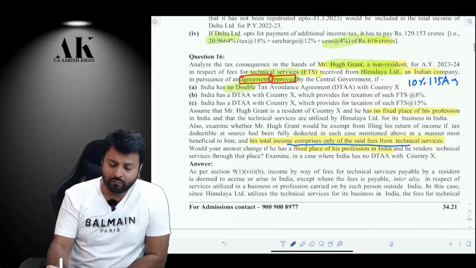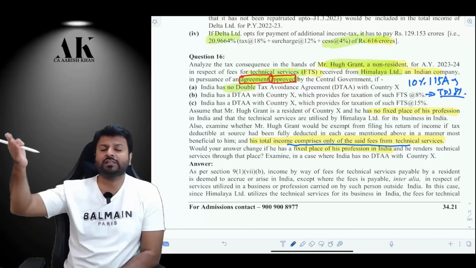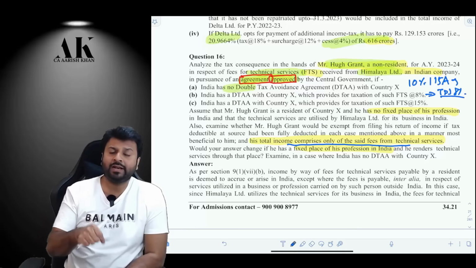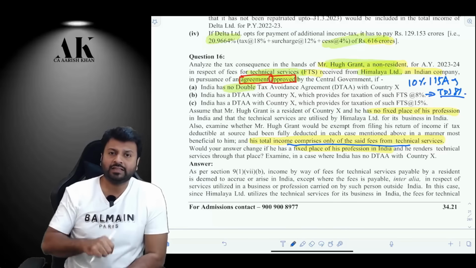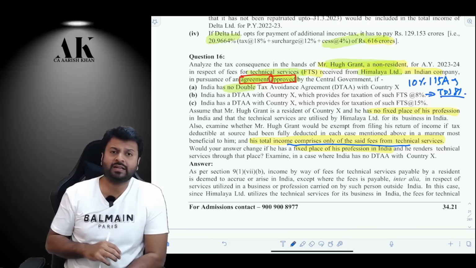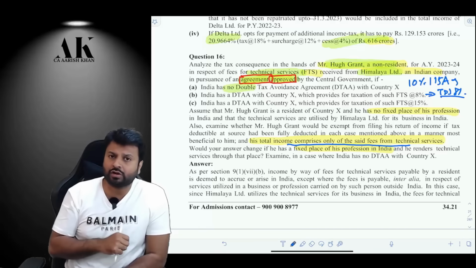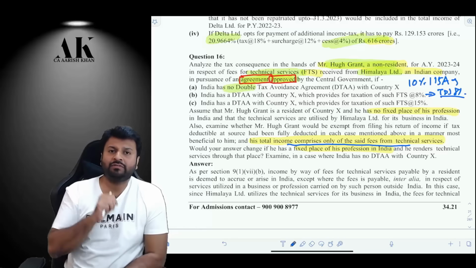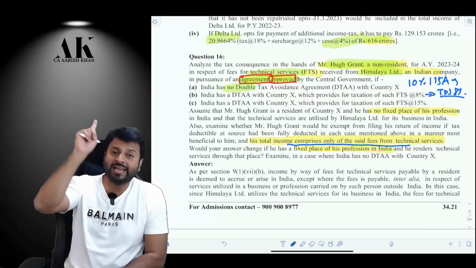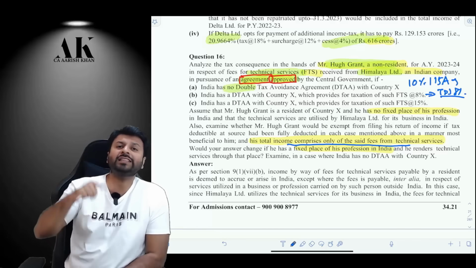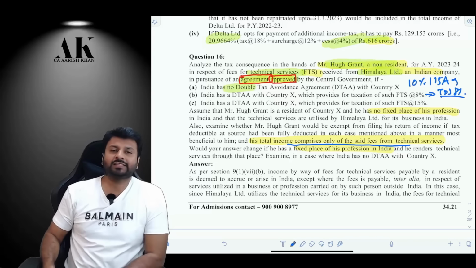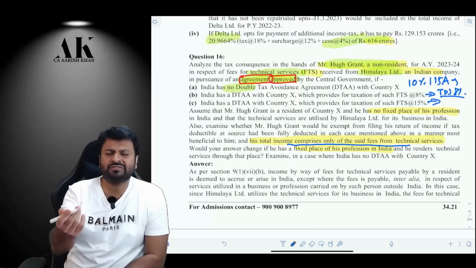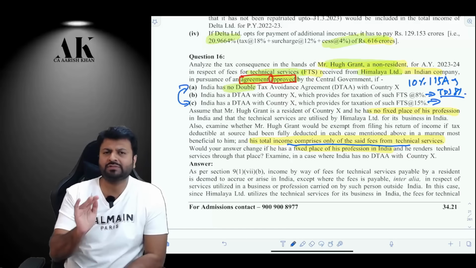Okay. Second part, what if the FTS is 8%? Then the TDS will be deducted as per 8%. Then in that case, the non-resident has to prove that, because now you are applying the DTAA rate. The non-resident has to produce what? The tax residency certificate, TRC. Along with that, other documents and information will also be asked by the Indian tax authority. You have to give all that tax information to the tax authority. Then only you will get the benefit of 8%. Is the non-resident liable to file the return? Yes. Because the tax rate is lower than the rate mentioned in 115A, the non-resident is now liable to file return in this case. In third case also, the third case is same as the first case only. There is no difference between third case and first case.